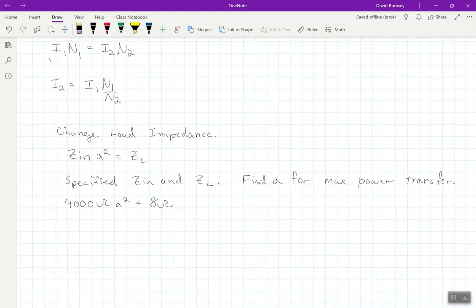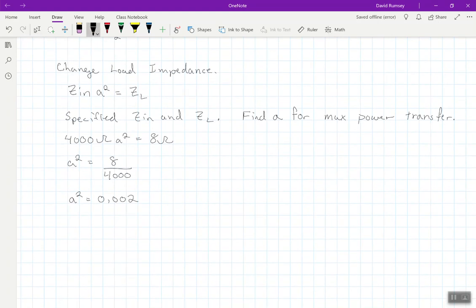So we can design a transformer to transform my signal so that I get max power transfer to the load. We just solve for A squared, which is 8 divided by 4,000. So A squared is equal to 0.002, which means A is equal to 44.7